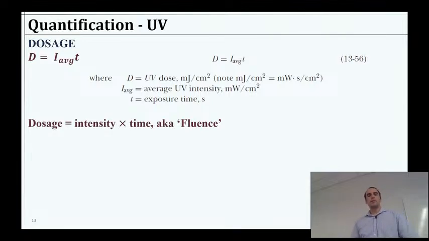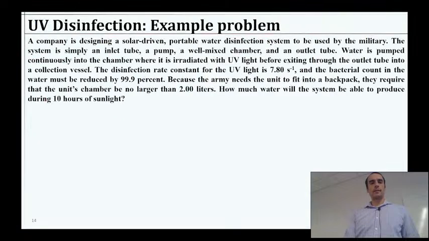So that's kind of how we might express it. So if the dose is millijoules per centimeter squared, the intensity itself with a snapshot would be like milliwatts per centimeter squared. We give that some amount of time, and there we go. So we can describe those units whatever way is needed for our system. Okay. Any questions, concerns about that? All right, I think that's okay.